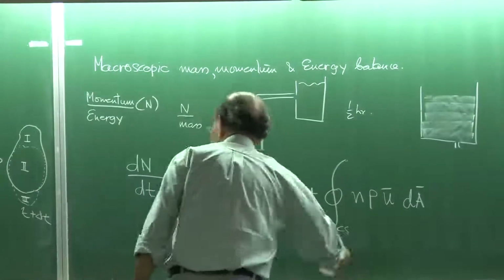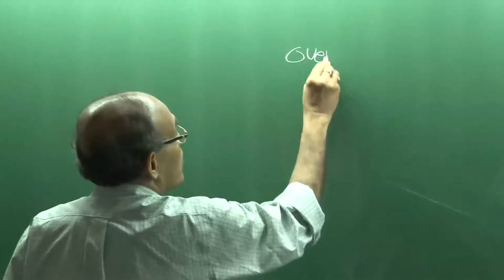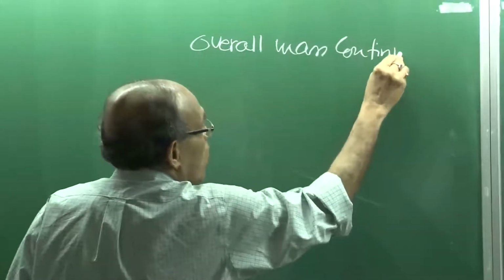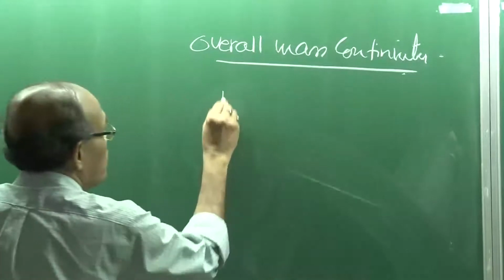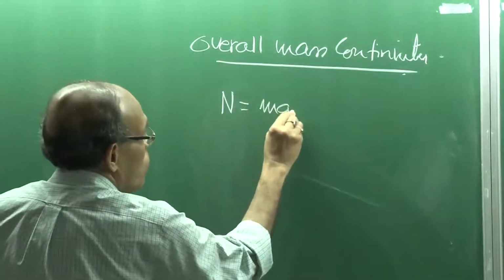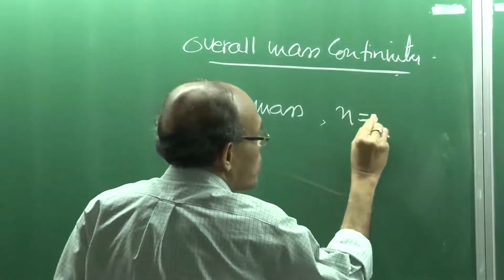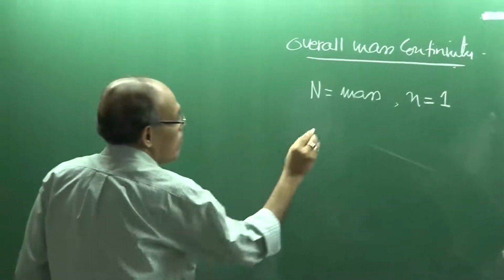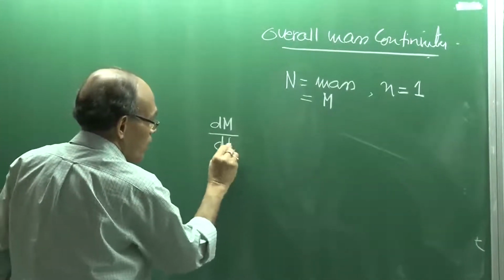Now, let us look at the derivation of the overall mass continuity equation, or mass balance, I would say. So, if N represents my mass, then small n is equal to 1, mass per unit mass. Therefore, I can say this is capital M, that is dM/dt, and that will come out to be